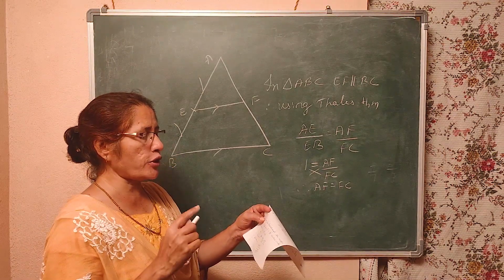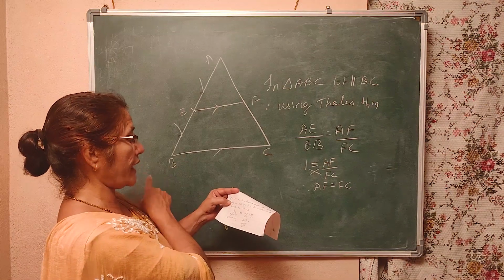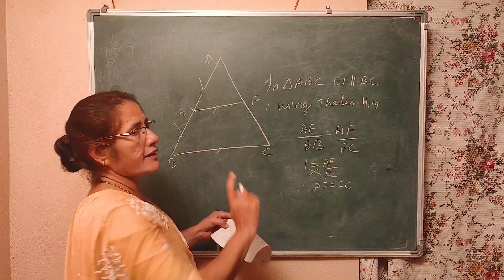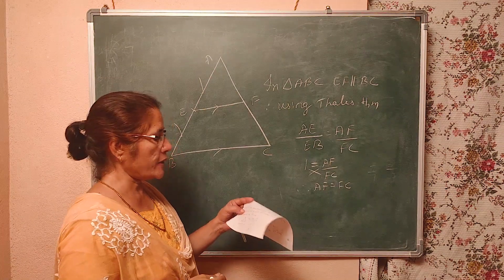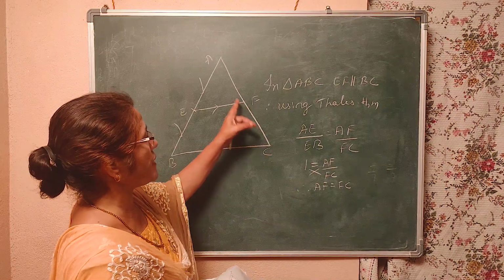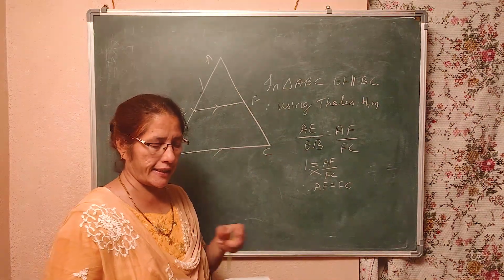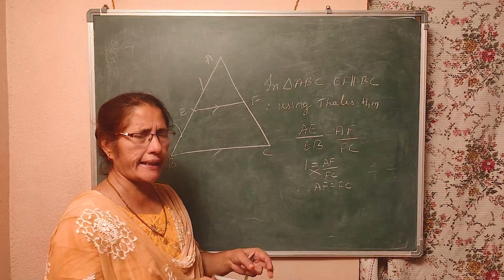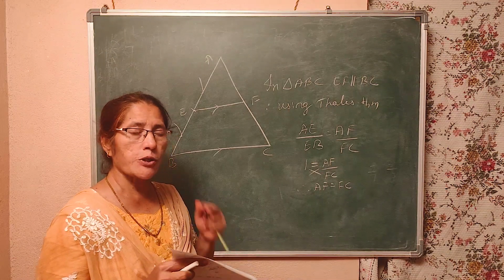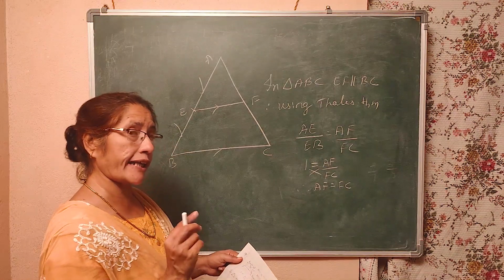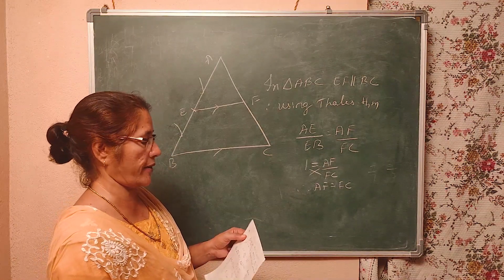Prove that the line drawn through the midpoint of one side of a triangle, if it is parallel to another side, bisects the third side. You understand? So, therefore, AF is equal to FC means F is the midpoint of AC. That's what we proved. I think each question is similar to that. So, I won't work them all out. Let me work out the 9th question, and the 10th question is similar to the 9th question.